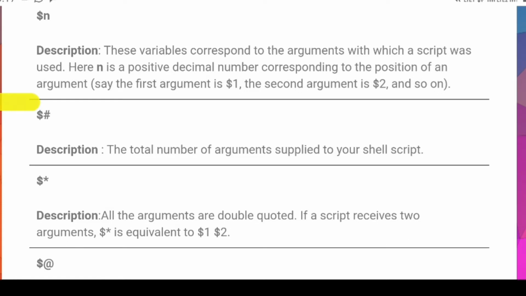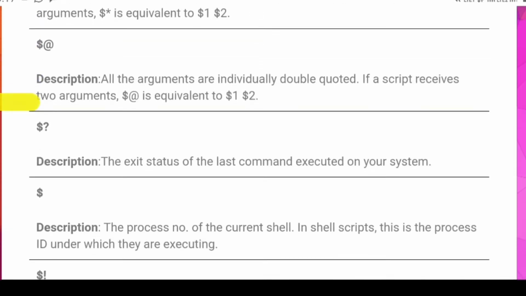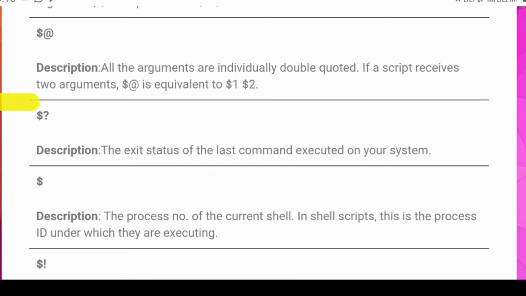$# means the total number of arguments you have supplied to the shell script. $* is used for showing all the arguments in double quotes. $@ is used for all the arguments, each individually quoted. $? is the exit status of the last command executed on your system. $$ is used for showing the current process number, the process ID of the currently executing shell script.